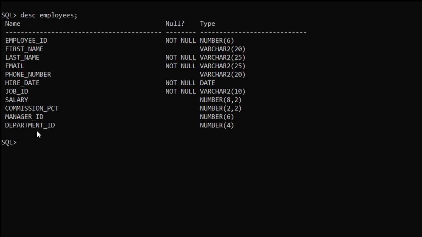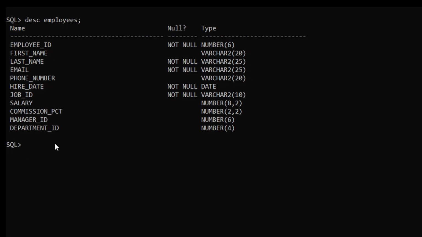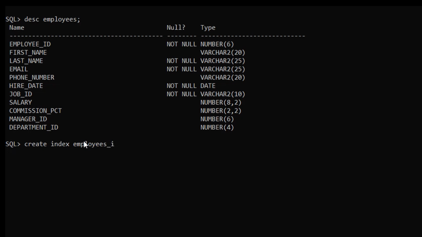In this example, we are going to create an index on the employee ID, first name and last name columns in the employees table. For this, we just have to type create index, and now we have to give some index name here. In this case, we will give employees underscore index.